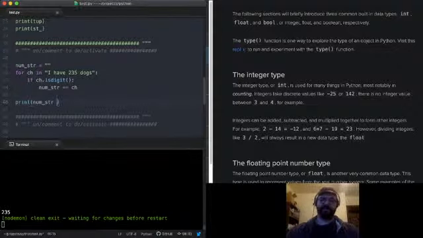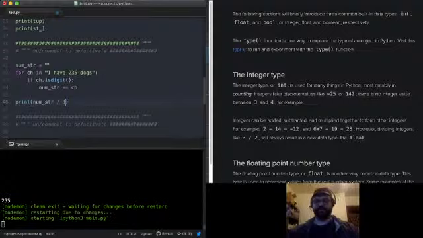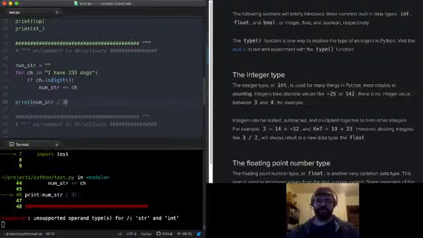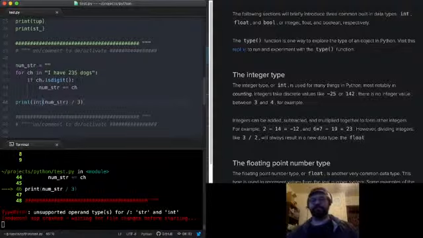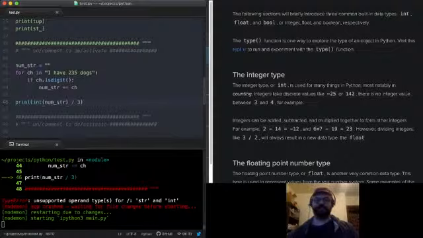Maybe I can halve the amount of dogs, or let's say I have 1/3 of the amount of dogs. So I'll say I have this many dogs over 3. I should be able to divide this number by 3, right? It's a digit after all. And unfortunately, I wanted to point this out: this is going to get us the digits of the number, but this does not give us a number. This gets us a string of the number characters. So if we want to use this as a number, we have to cast this as an int or a float in order to do math with it and actually treat it like a number.